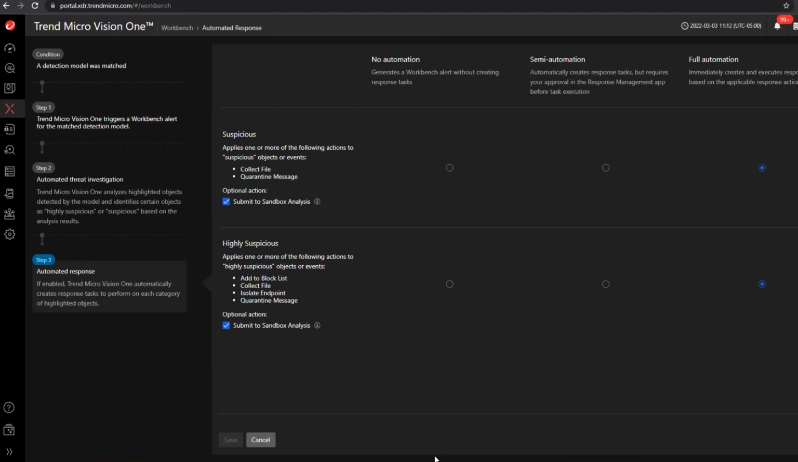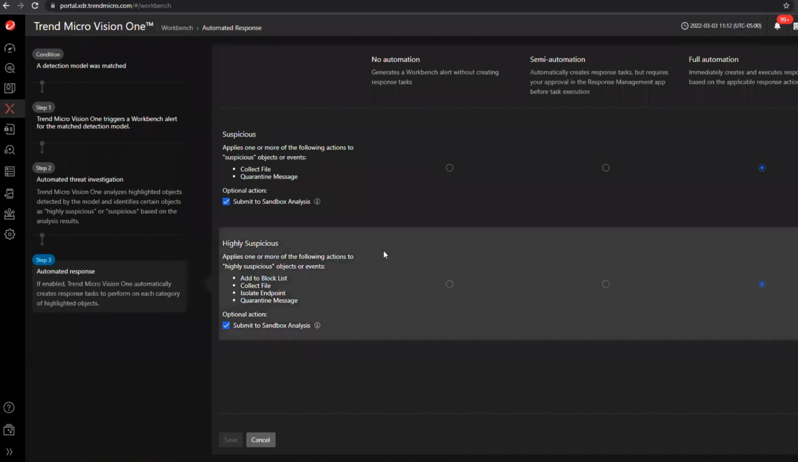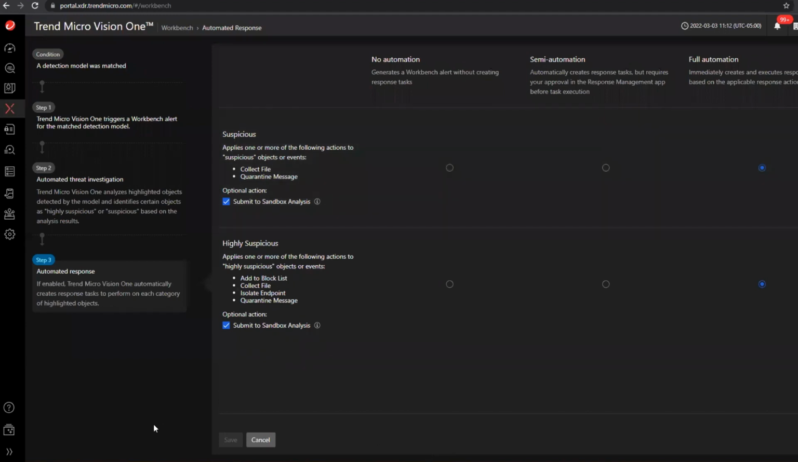And as you saw on some of the slides of the different objects identified within a workbench, the automated threat investigation, again, run on the back end, would analyze these different objects and potentially classify them as either suspicious or highly suspicious. And you see some of the response tasks available with each classification. So on the suspicious side, we would have the ability to potentially collect a file or quarantine an email. And highly suspicious adds the additional tasks of potentially adding something to a block list or isolating an endpoint from